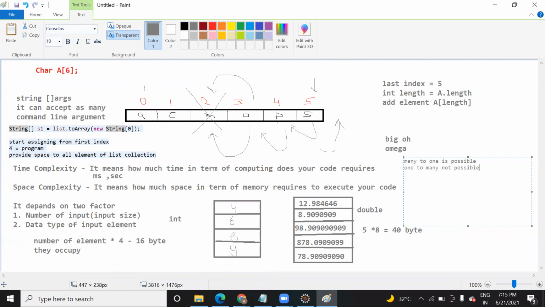What do you mean by that? Means one key can't hold different values. For example, roll number one.